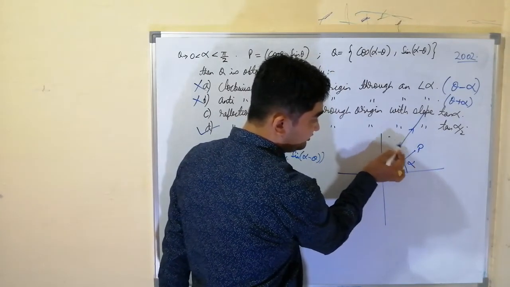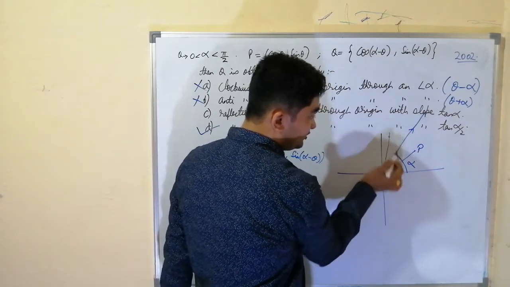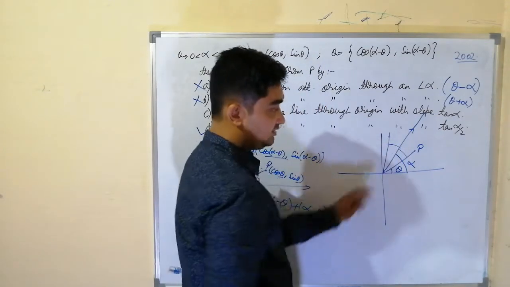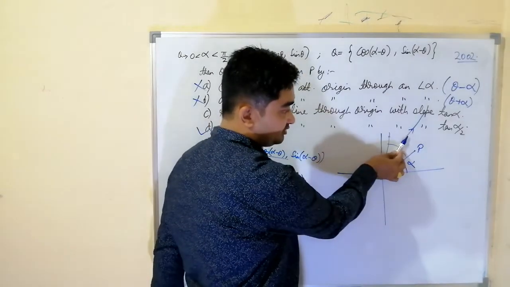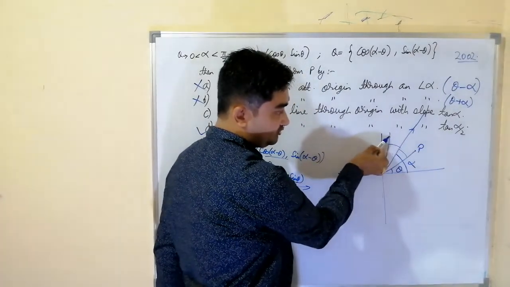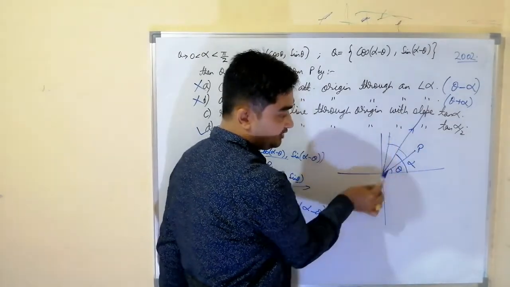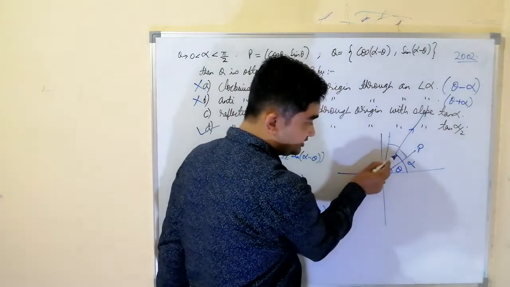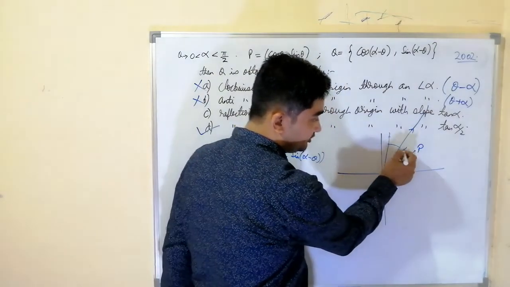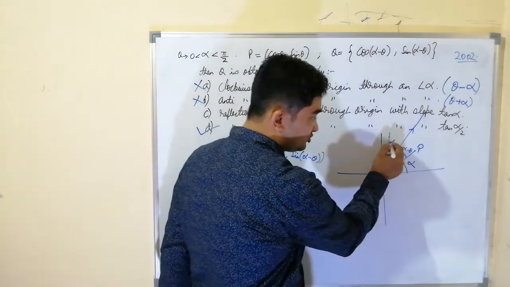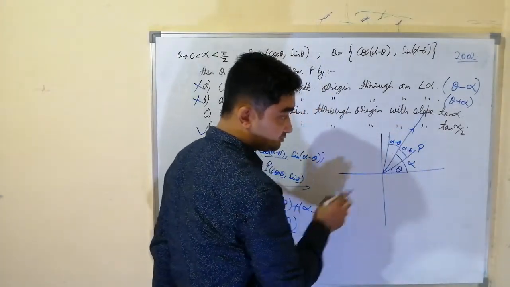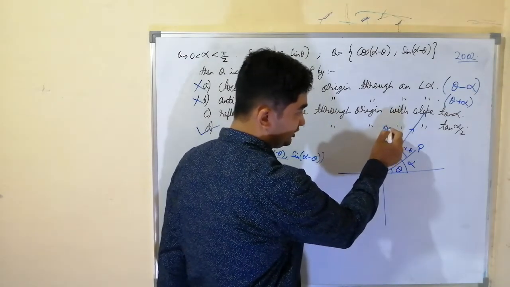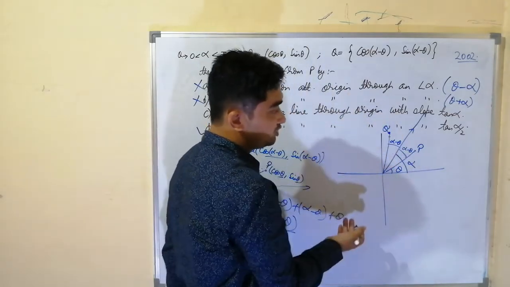So we'll get the reflection somewhere here. Now because of reflection, this angle and this angle are the same. This is a mirror and it is a mirror image of this. So this angle and this angle are the same, starting from the same point. So what is this angle? Total is alpha and this one is theta. So it is alpha minus theta. Then this also is alpha minus theta. Now what is the final argument of this point? Let us call it Q or Q dash. We will find whether Q dash is the same as Q or not.